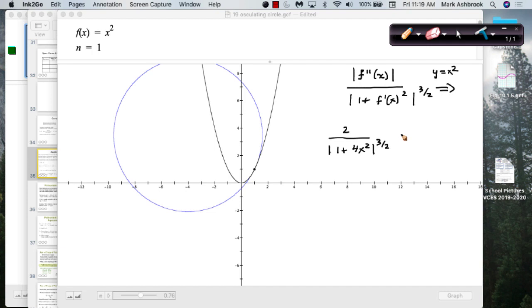Okay, so that's the function. This would give the curvature at any point on the parabola. It's a function of x. As x changes, your curvature changes according to this function. But we're interested in x equals 1. At x equals 1, our curvature is